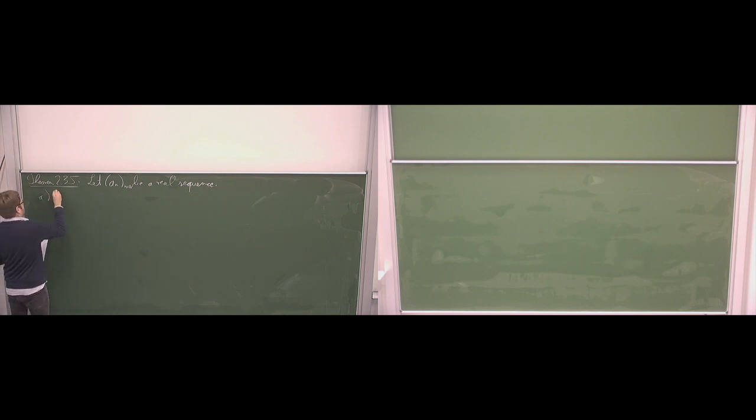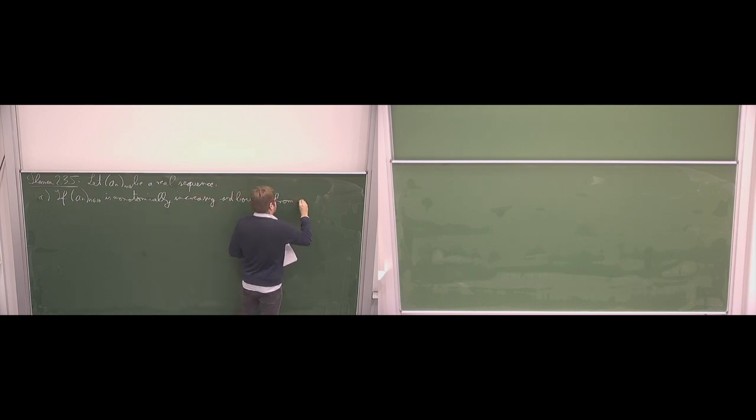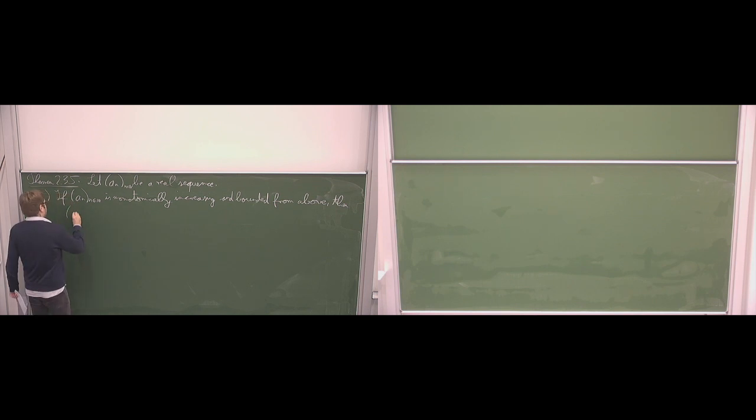Part A, if the sequence a_n is monotonically increasing and bounded from above, then a_n is convergent,